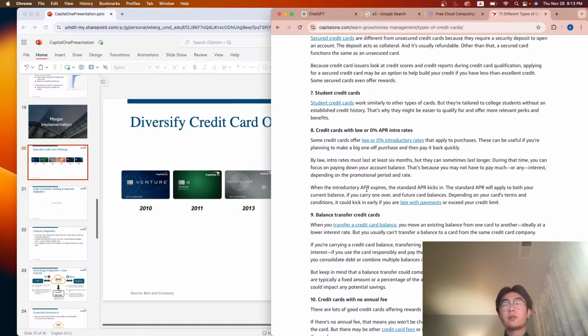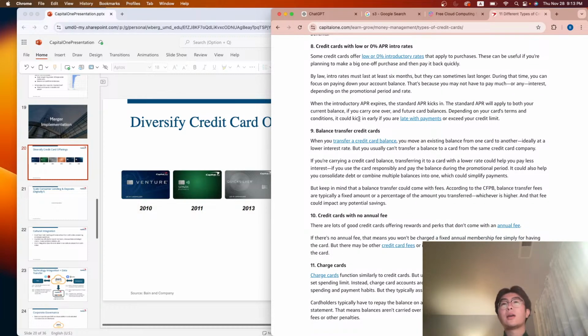When the introductory APR expires, the standard APR kicks in. The standard APR will apply to both your current balance if you carry one over and future card balances. Depending on your card's terms and conditions, it can kick in early if you're late with payments or exceed your credit limit. Okay,